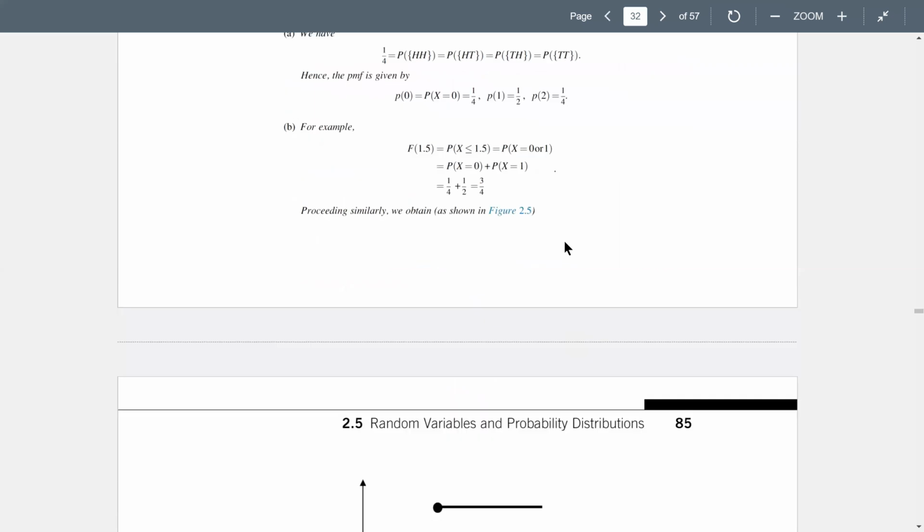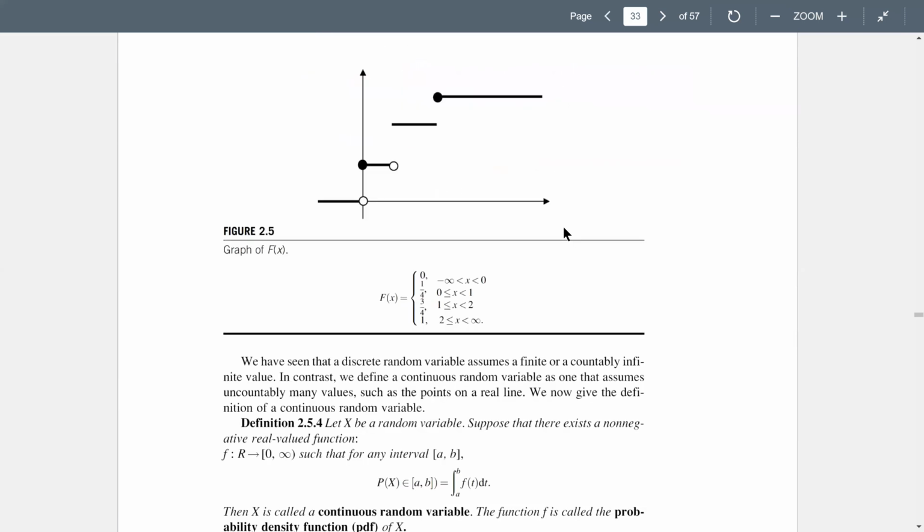Okay, so with this, you can calculate the probability that the number of heads is less than or equal to 1.5. Of course, there's no 1.5 heads. There's no such possibility, so you can only have 0 heads or 1 head. But the probability of 0 heads or 1 head is a quarter plus a half. That's 3/4. Okay, and this is a cumulative probability, and so you can see